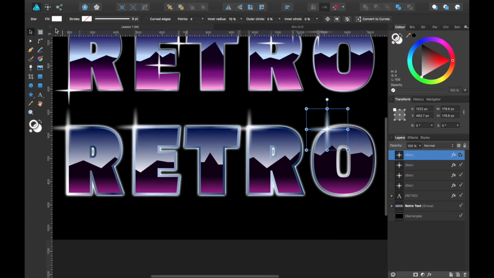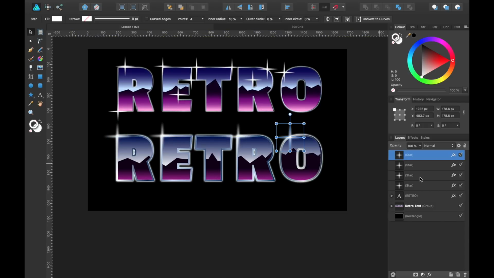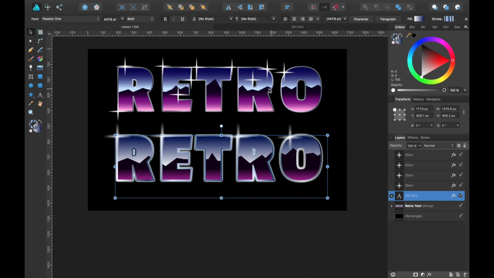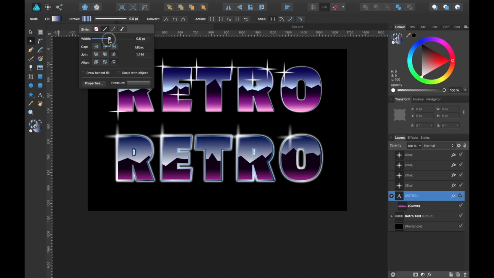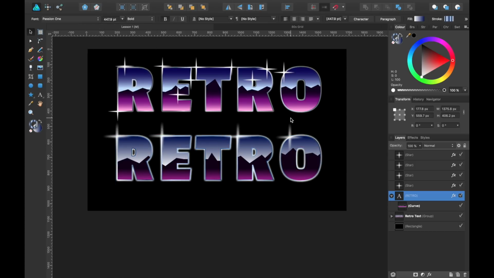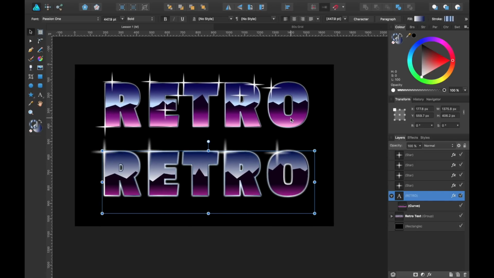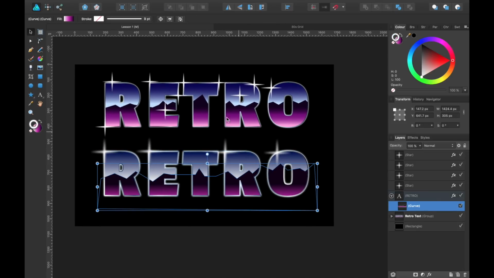So if we come out, we can see that we have the same effect here. Make the stroke a little bit smaller, and there we have it. We've recreated the text, the retro text.